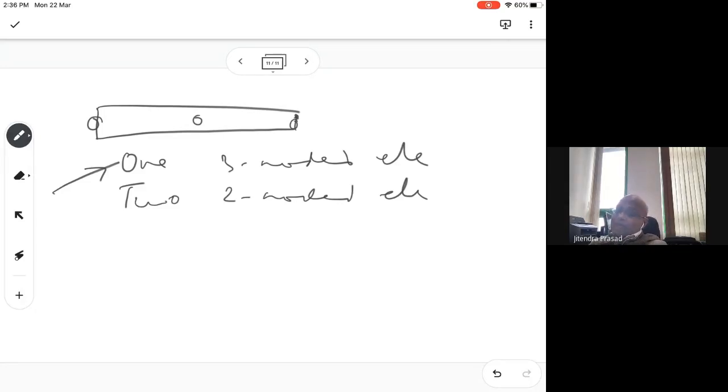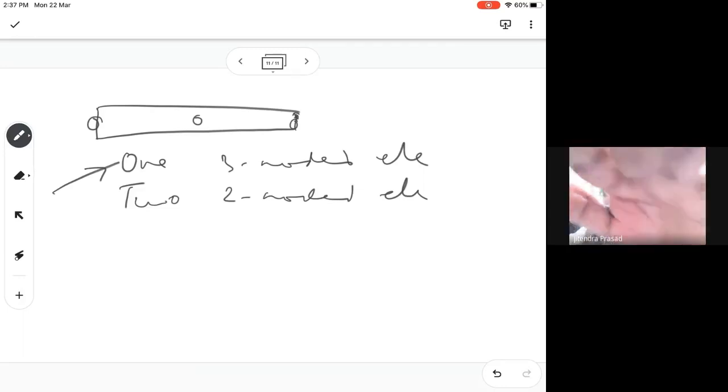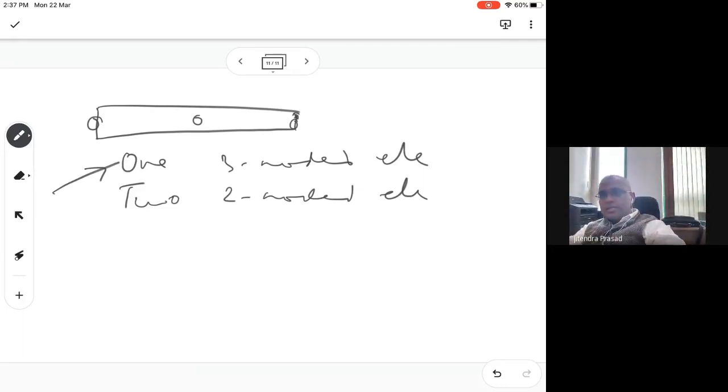Okay, so first you tell me, after going through my lecture videos, what do you think you should solve? What is the procedure you think you will follow? By calculating the shape function, first of all. Okay, so what is the shape function in this case? N1, N2 and N3. Yeah. Then after that, what will you do? So you are right. You get N1, N2, N3.